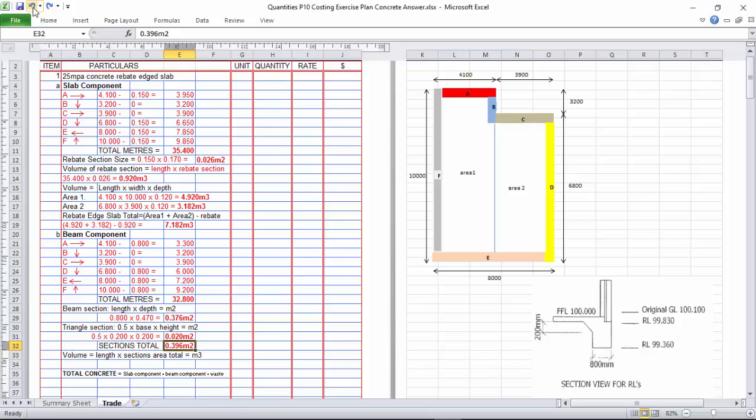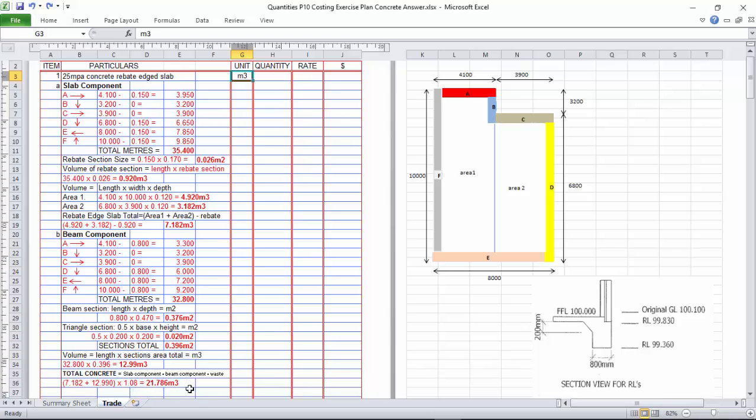Then to get the volume, we need to use the length, which we've calculated here, 32.8, times the sectional size, which is 0.396, and that gives us 12.99 cubic meters. The next thing we do is we add our sizes together for the total concrete, which is 7.182 plus our 12.99 times our 1.08, which is 8%. Refer to your calculation, the question, gives us